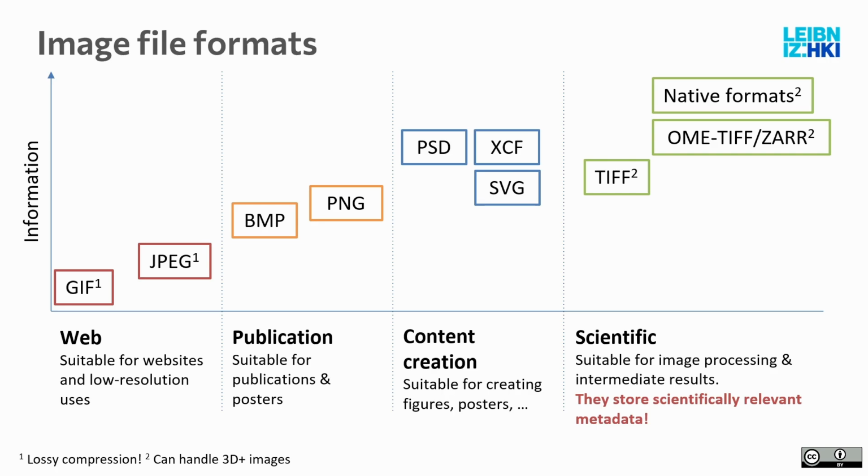They make weird artifacts. GIF for grayscale is fine, but colored GIFs cannot represent the full color range and then make weird patterns. JPEG makes these famous blocky artifacts. This is fine for a website. For the analysis, you will see these blocks and then they do weird things with your statistics. For publications,